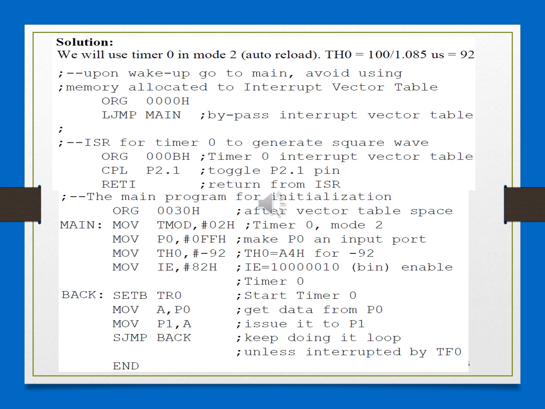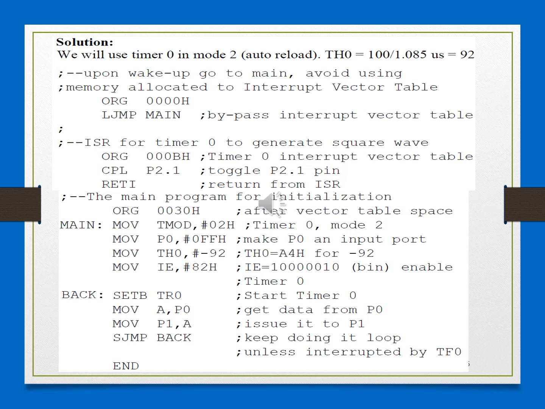Also, RETI will clear the TF0 bit. So that is the significance of RETI and the difference between RET and RETI. RETI will reset the interrupt and pop the 2 bytes of the address that was stacked back onto the program counter.